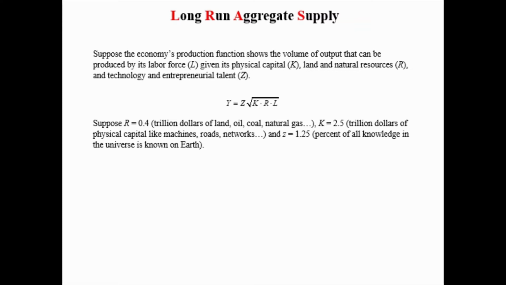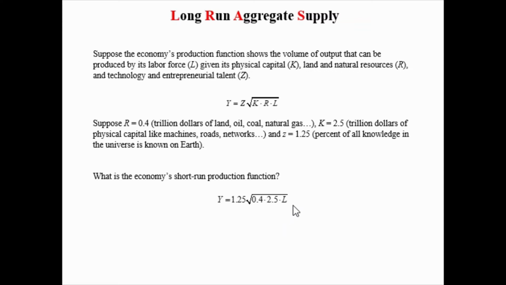So when we plug these numbers, which are fixed in the short run, into our production function, the only thing that is adjustable is the number of laborers. In this context, this is the number of laborers. And in the long run, we call this L, the labor force. In the short run, it's the number of laborers that we have working. And the number of laborers is generally less than the size of the labor force because every economy has unemployment.